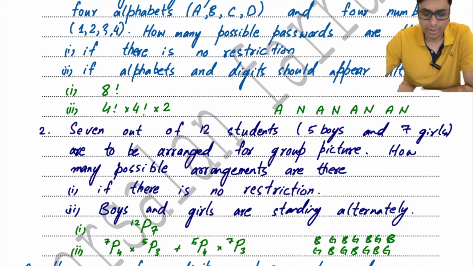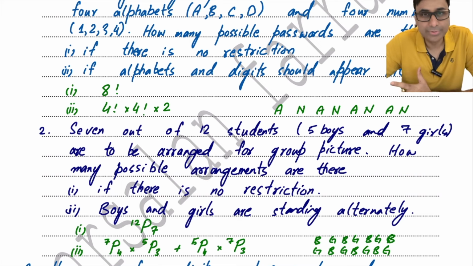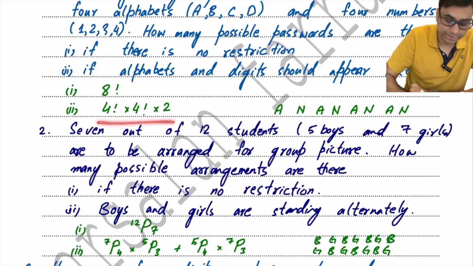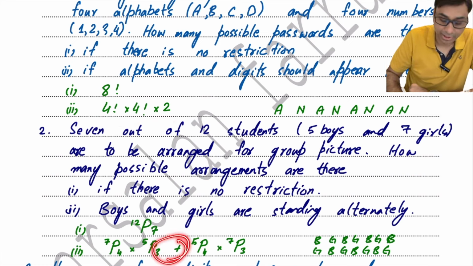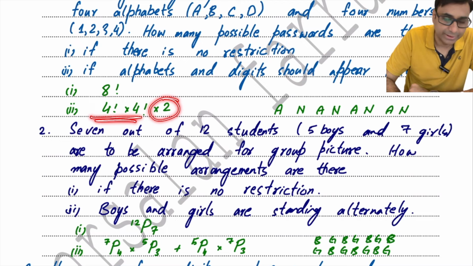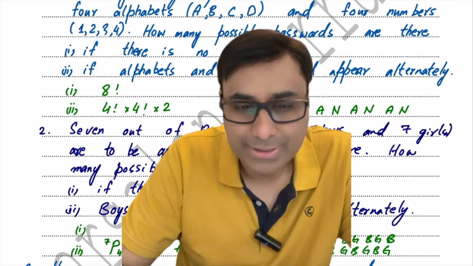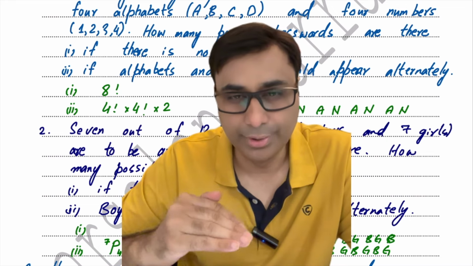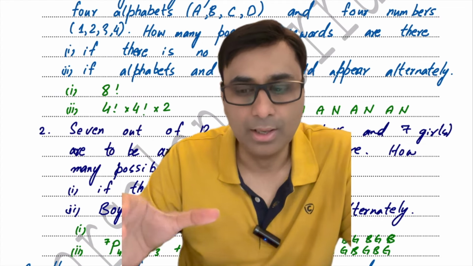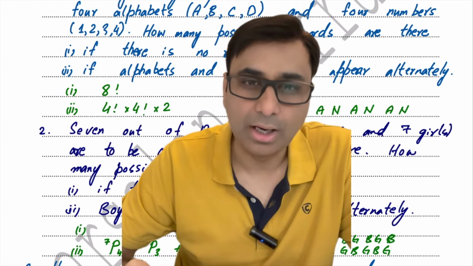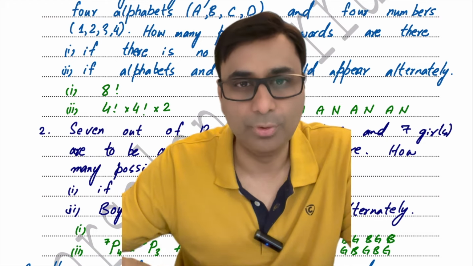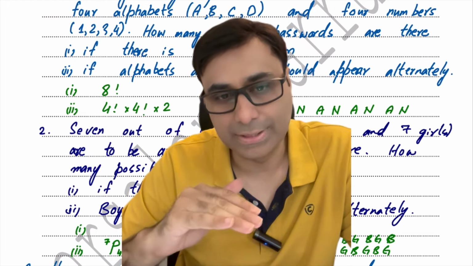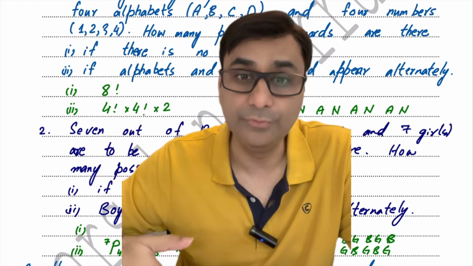I would also want to highlight one thing over here. A lot of students many times are confused about when to add and when to multiply. As you can see over here, I've been multiplying, but in this particular position I have added. You could also see that in a way multiplying by 2 means that I've added this number twice. So if you are arranging objects into certain places, till the time all the places are occupied and you're putting in objects, you keep on multiplying. But once you have, with a certain set of conditions, filled in all spaces, and then you wish